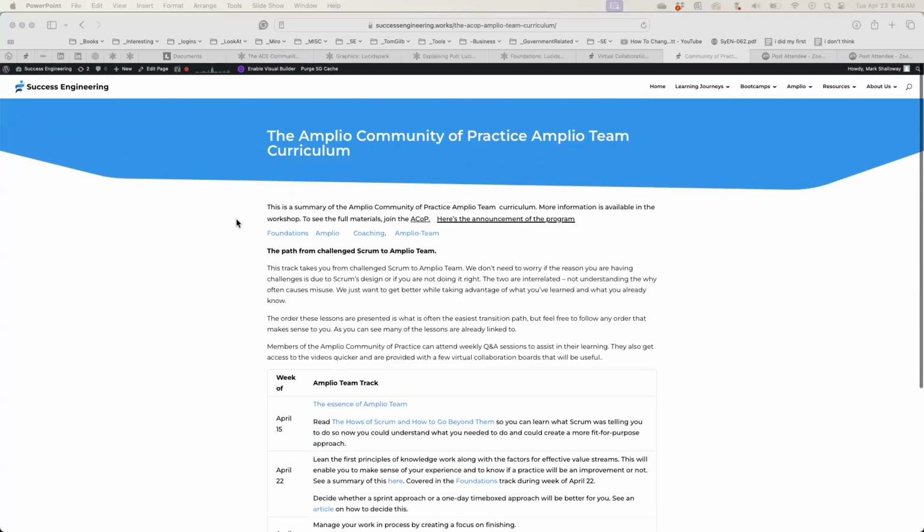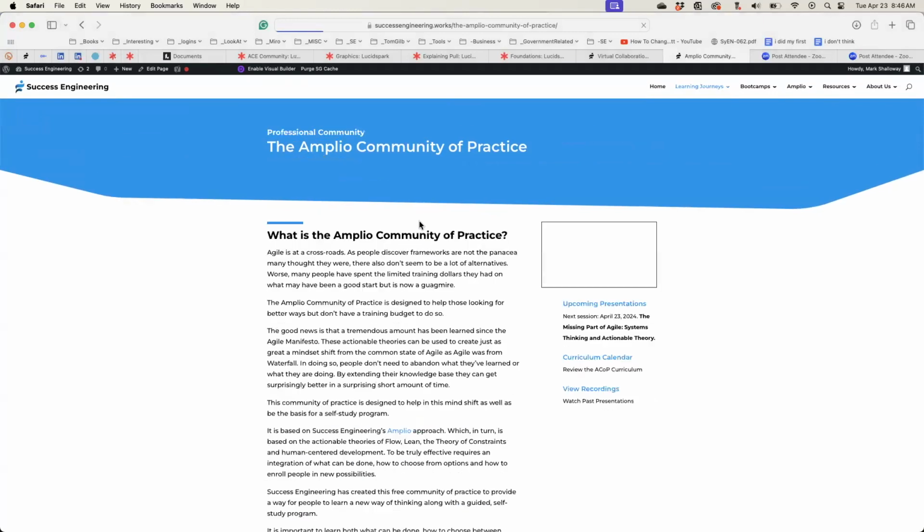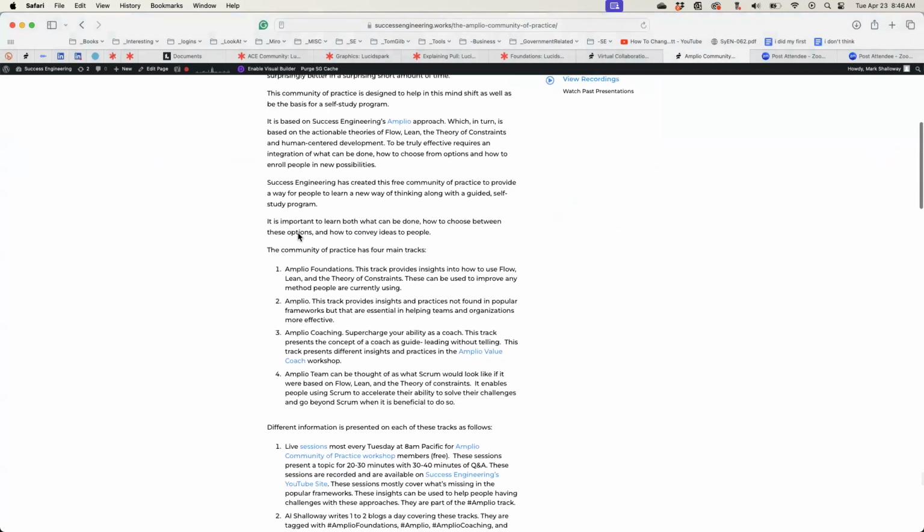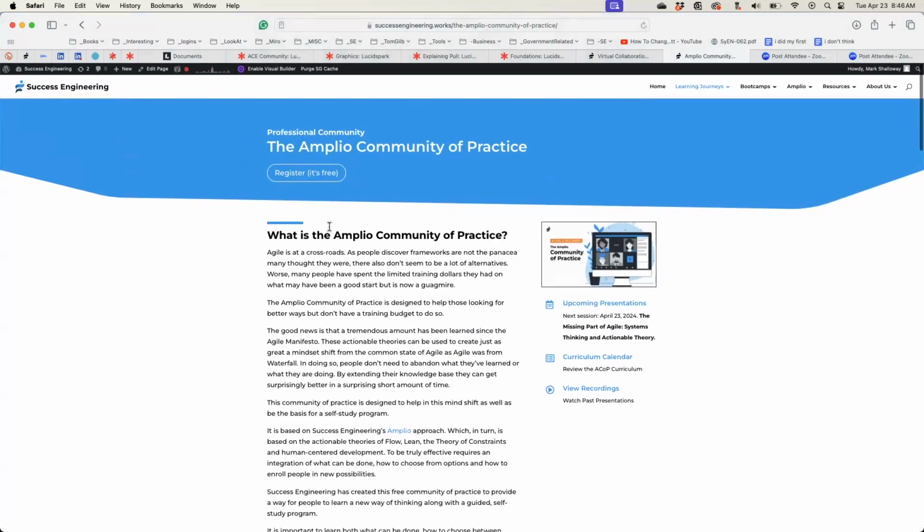Okay, so this is in the ACOP. This is the ACOP page that I've been building, and this is not what's on Thinkific. I keep track of stuff there, and that's where I have a lot of the links. But if you go to the success engineering and a learning journey in ACOP, you should be familiar with